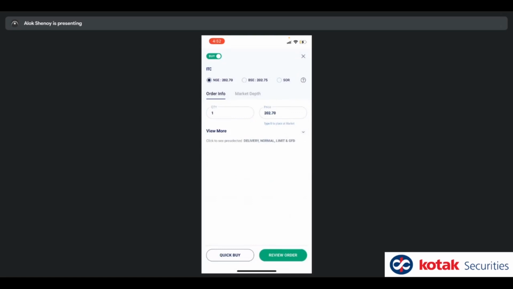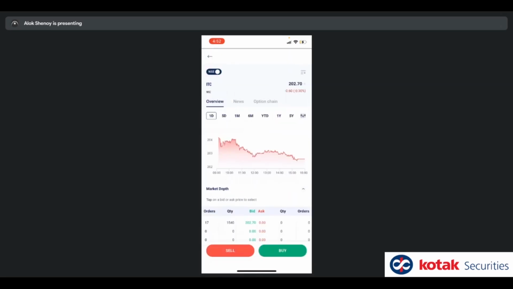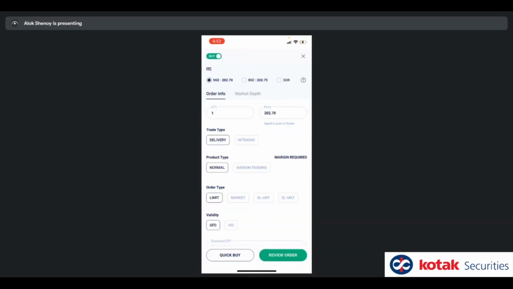Suppose you don't want to go with the defaults we are providing. So we'll just click on the arrow beside that and it will expand. Now, if you're a day trader or if you're a regular with stockbroking, then it's best if you just click on this always show all information, because it gives you this expanded view every time. So I'll just close the form again and open the form again, and you can see it's open by default, right? So you don't need to do that one extra click, right?